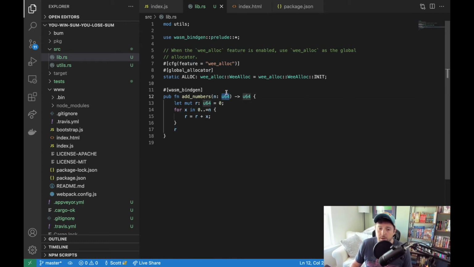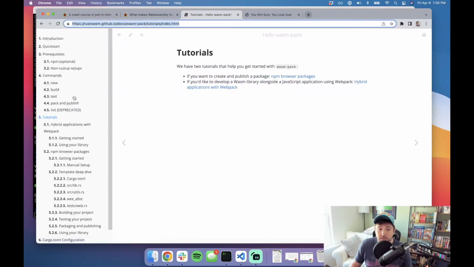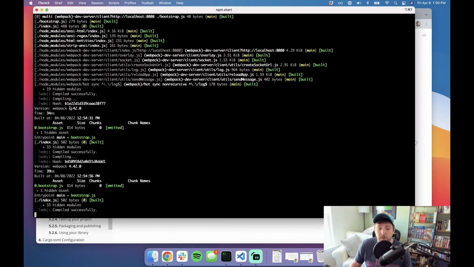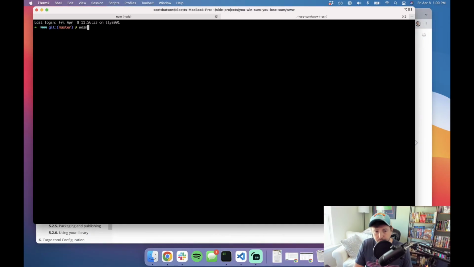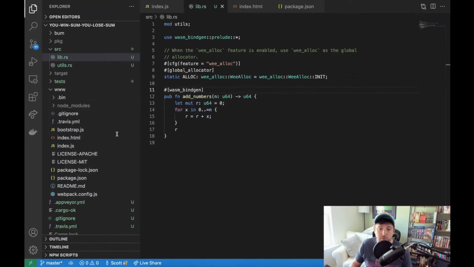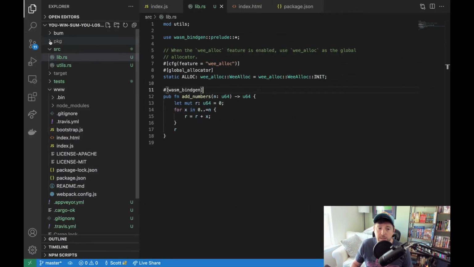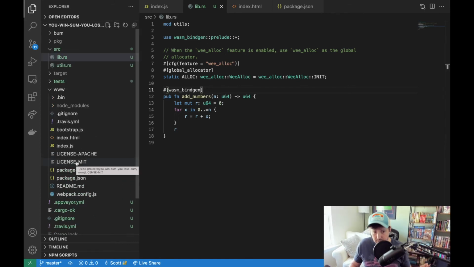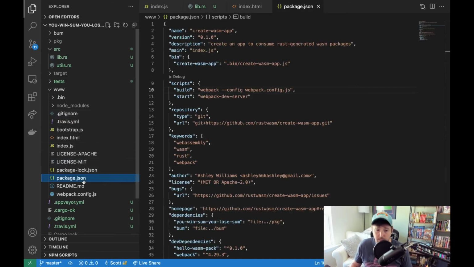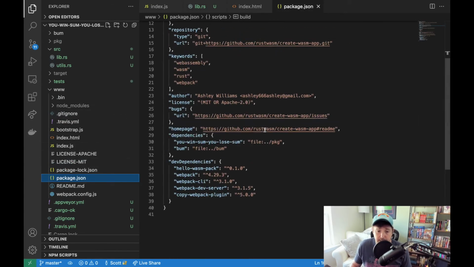whatever number this is. So how do we actually run this in JavaScript? Well, this package will walk you through it. You can actually just run wasm-pack build. If we run wasm-pack build, it will create a compiled version into this pkg directory. You can specify how this gets built out, but then in our web app, we can load that npm package